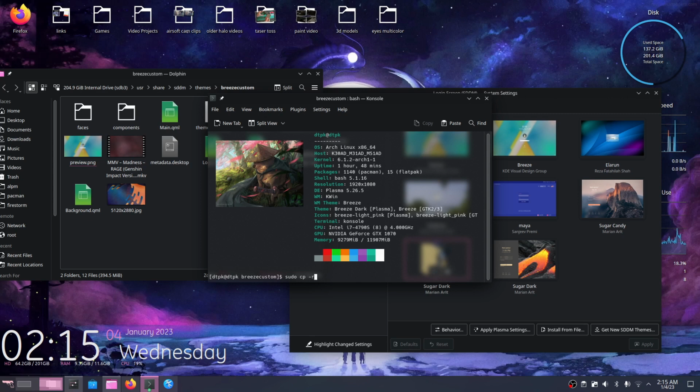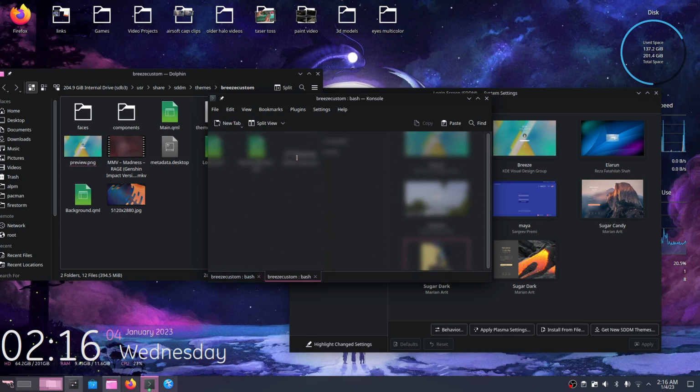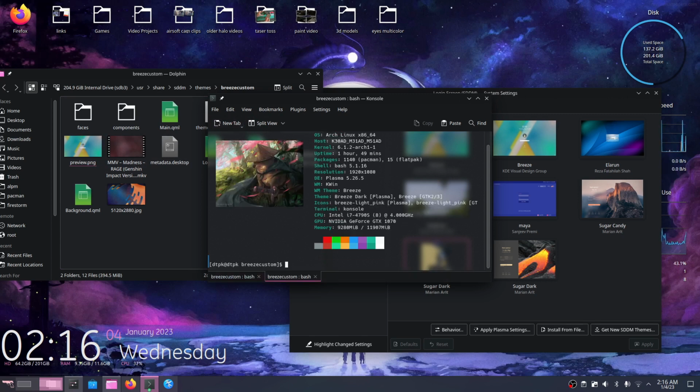So I'm just going to do cp, just cp because it's not a folder. I'm going to paste the file location that I have there. Now I'm going to give it a name. How about, actually, we need to rename the old theme first. I'm getting a bit ahead of myself, so I'm just going to open a new tab and completely remove or move it. Sudo mv preview. And I'm going to call it